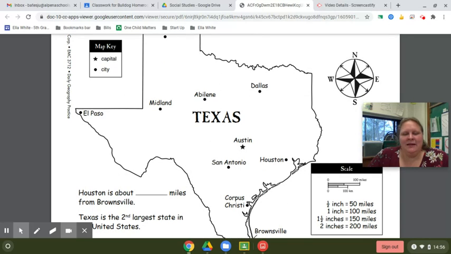A scale is like a map ruler. It is used to measure distances on a map. A scale defines the distances between places on a map. This is a bar scale. A bar scale uses a graphic or a picture to show the relationship between the distance on a map and